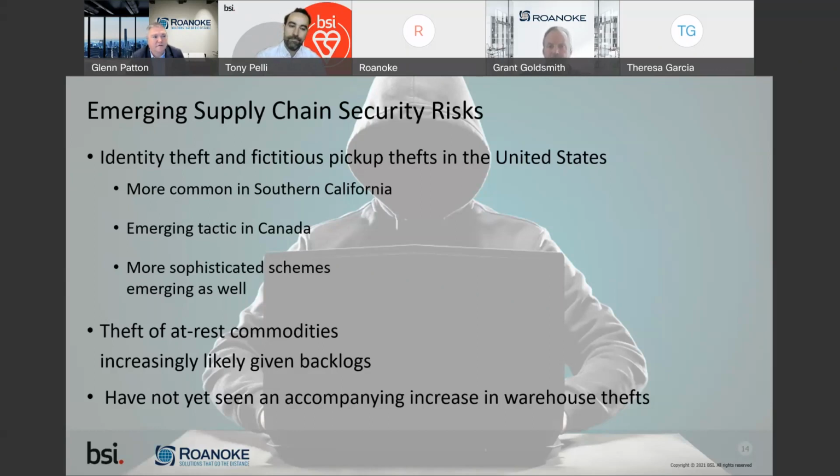And then Grant, have you seen any changes as a result of COVID kind of creating some challenges in the supply chain as we see now? What are your thoughts on this? Well, it's absolutely right that it's the fastest growing cause of loss in the logistics industry, especially for truckloads and less than truckloads. Where we see, I think, future opportunity for loss vectors is really in logistics companies that